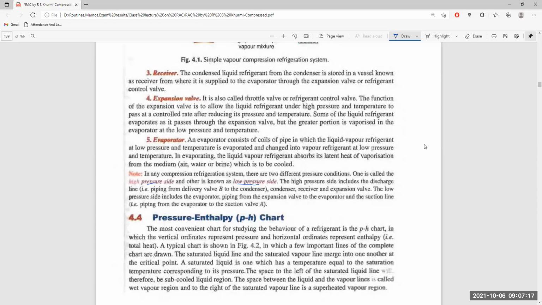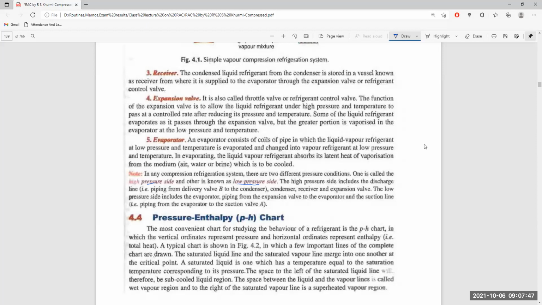And there are two lines, high temperature and low temperature lines. The high temperature line is from the compressor to the expander, and from the expander to the compressor is the low temperature line. So all refrigerant systems will accept these particular terms, high pressure and low pressure, and high temperature, low temperature, and we will use this concept to get the COP of all our refrigerating systems.